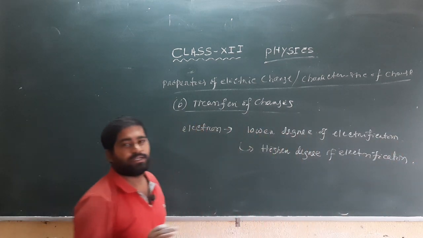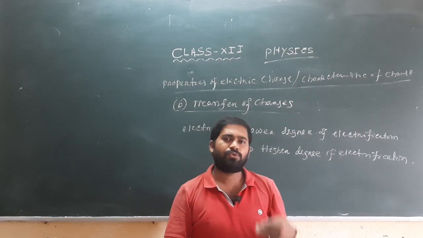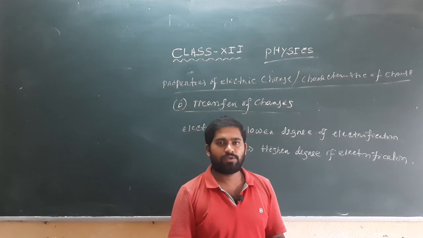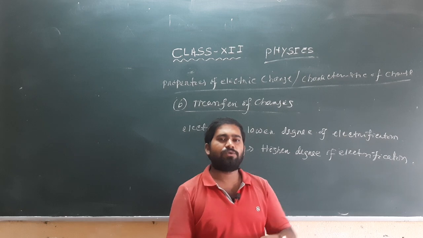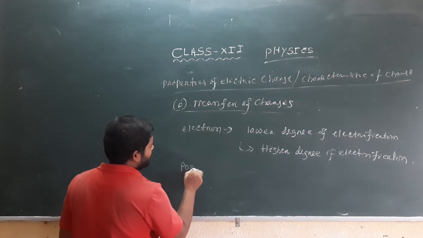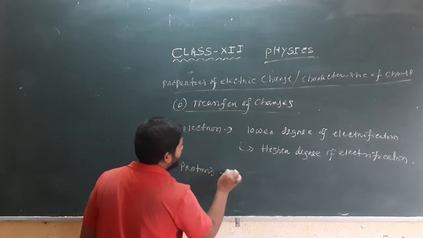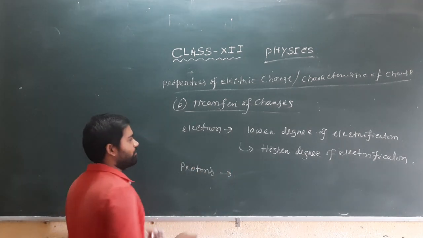That means electrons always transfer from a lower potential region to a higher potential region, or from low charge density to high charge density. But when we consider transfer of positive charge particles, or transfer of protons,